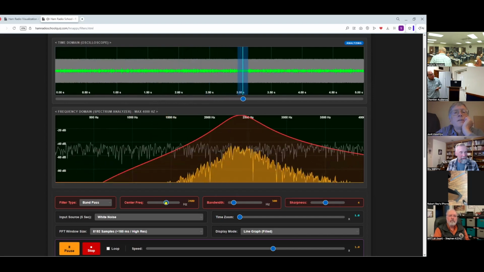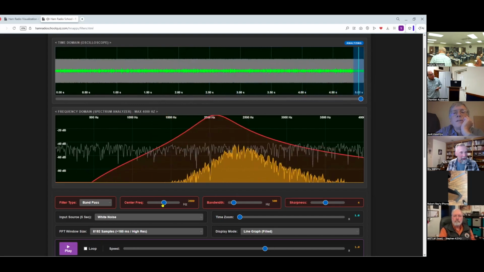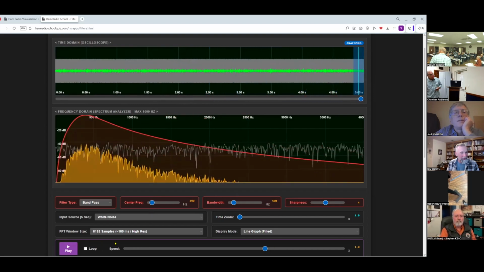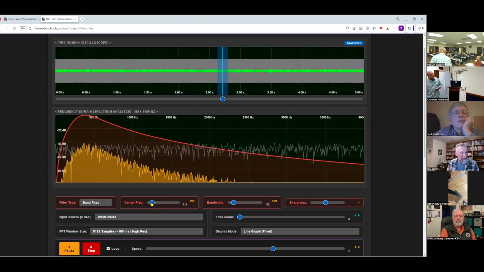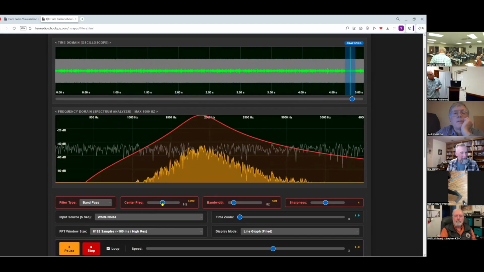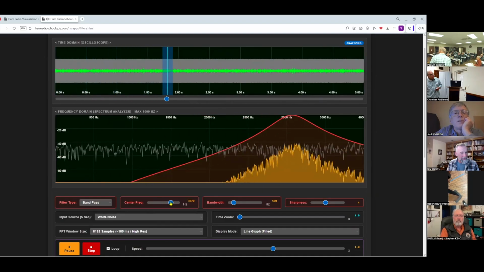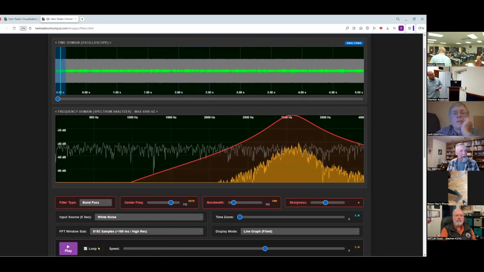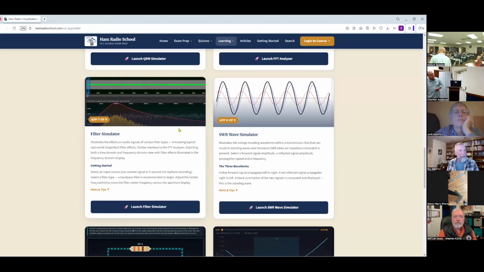I can move the center frequency around, and hopefully you can hear the difference in the different filters I'm applying. So again, very good for illustrating to students what effect filters will have